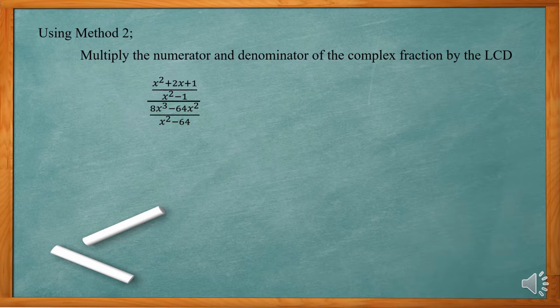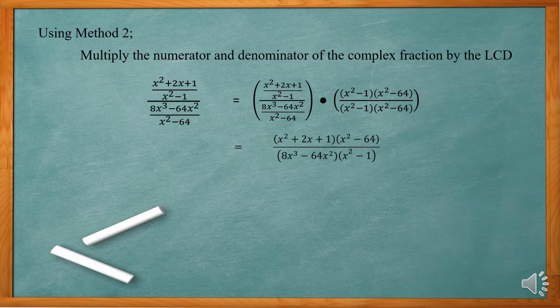So, from your previous topic, what is the LCD of this given expression? Yes, you're right. It's x squared minus 1 multiplied by x squared minus 64. So then I multiplied it to the expression. Then it goes like this. So x squared plus 2x plus 1 multiplied by x squared minus 64 over 8x cubed minus 64x squared multiplied by x squared minus 1. And then the next step,